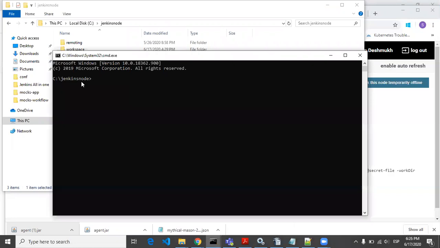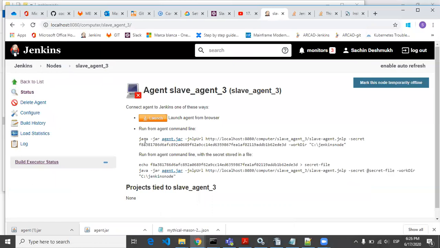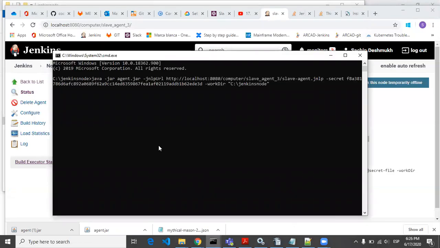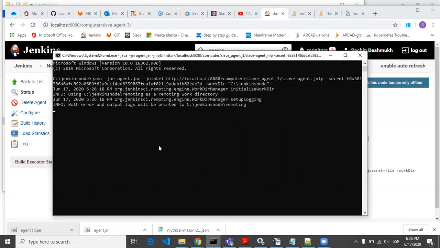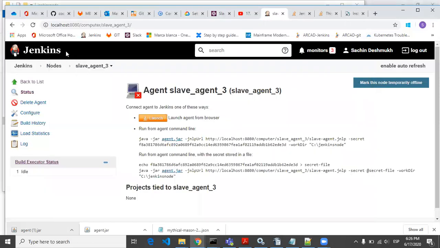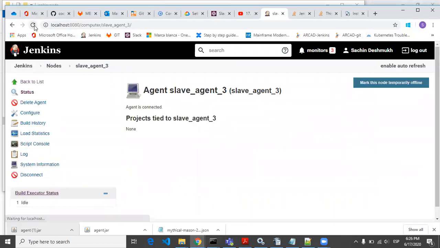So I am on that Jenkins node directory, and then I will run this command. After doing some sort of execution, it will be connected. When you refresh this, you can see the agent is connected.